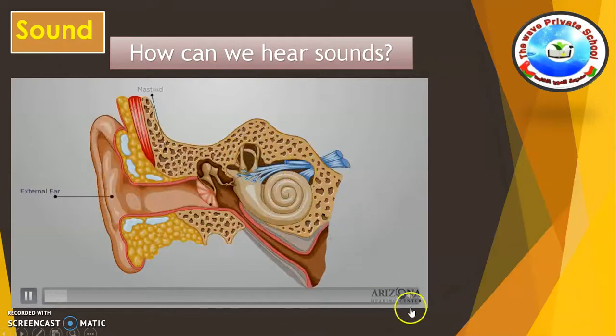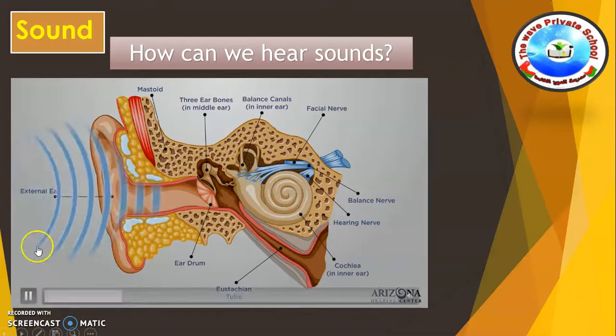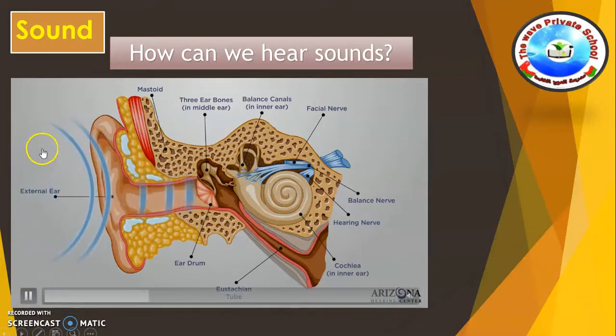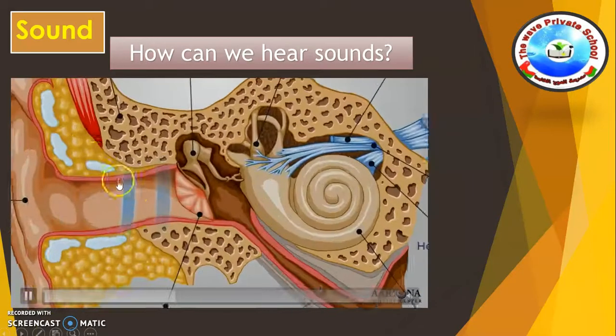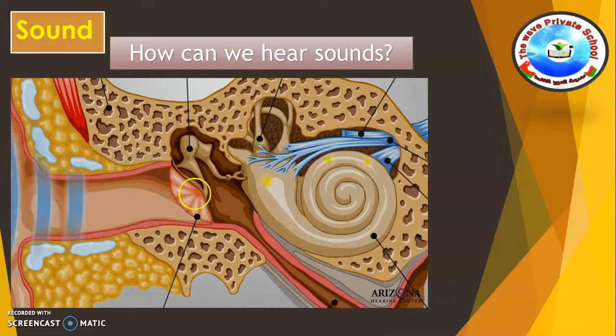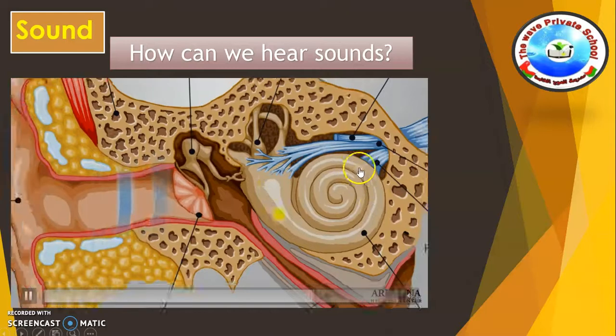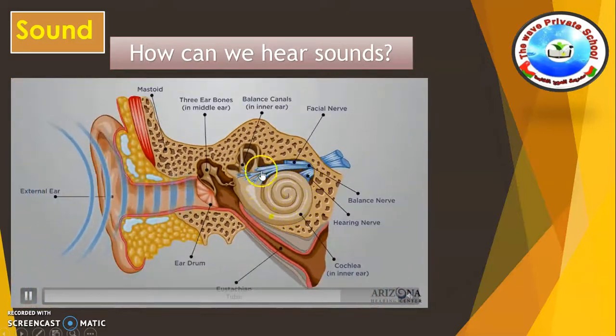The ear is a complex organ that lets us hear. But how does it work? Well, first, sound enters the ear, causing the eardrum to vibrate. This is vibration. That vibrates 3 ear bones. Vibrations in the middle ear means the movement, the back and forth movement. The ear takes the vibrations and converts them into electrical impulses. These impulses go up the auditory nerve to the brain, and as a result, we can hear.